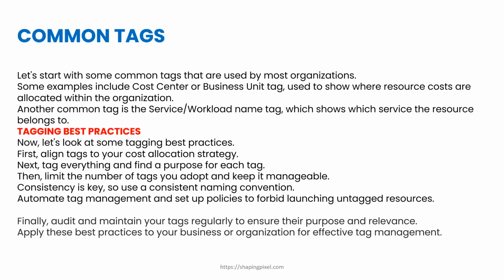First, align tags to your cost allocation strategy. Next, tag everything and find a purpose for each tag. Then limit the number of tags you adopt and keep it manageable. Consistency is key, so use a consistent naming convention. Automate tag management and set up policies to forbid launching untagged resources. Finally,